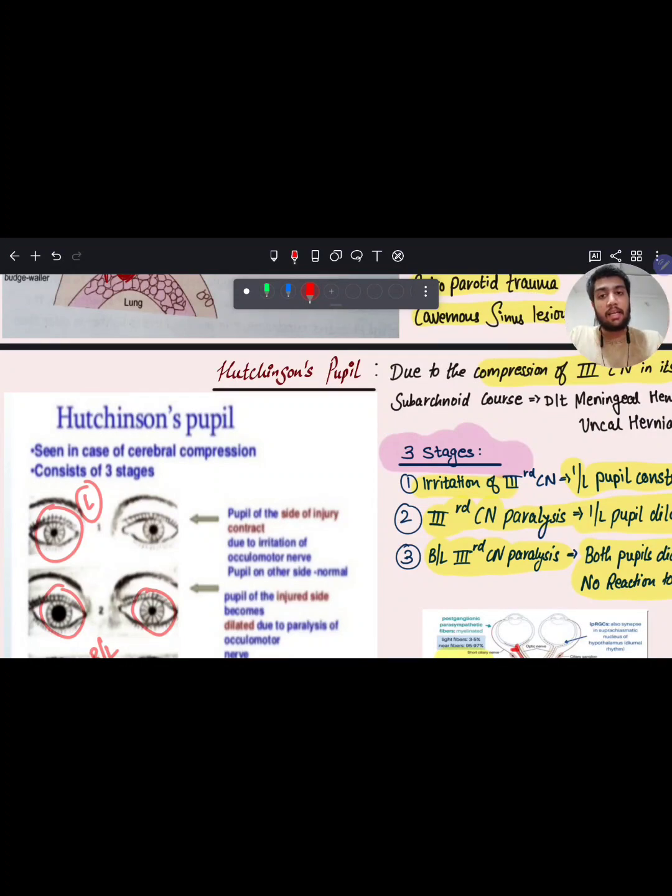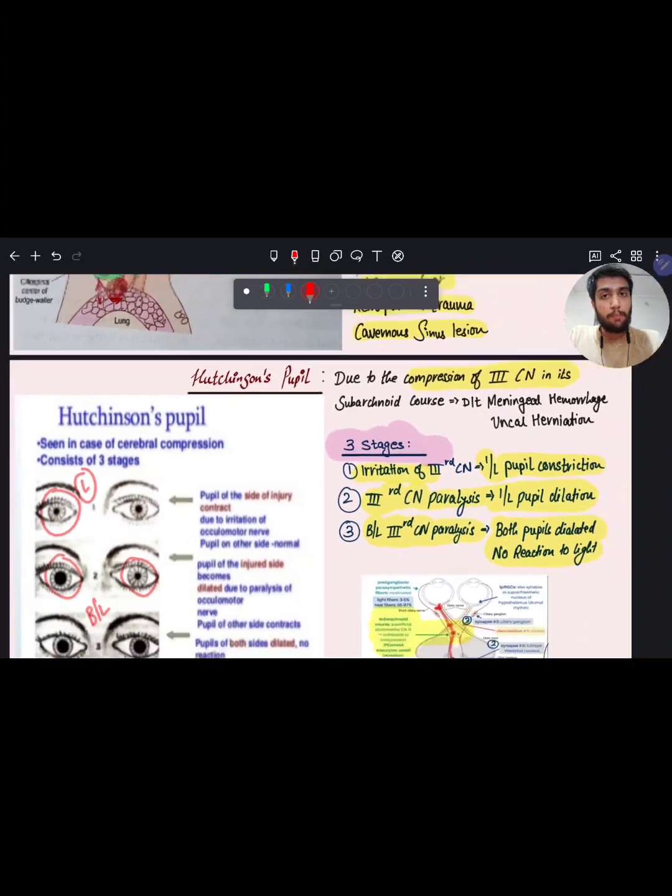And this is the last entity, the last topic of the day, which was Hutchinson pupil, and I hope you